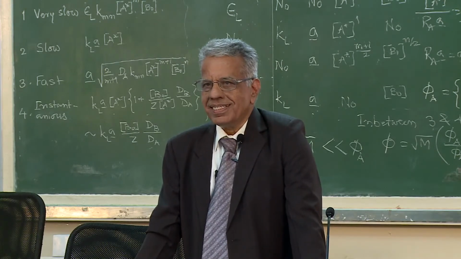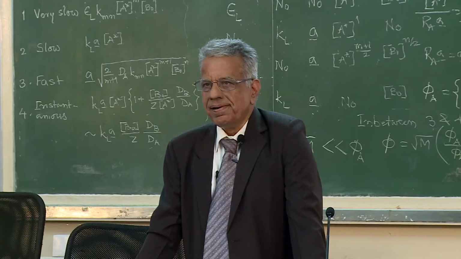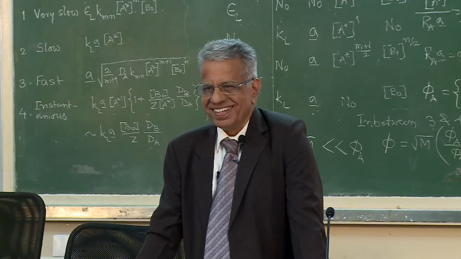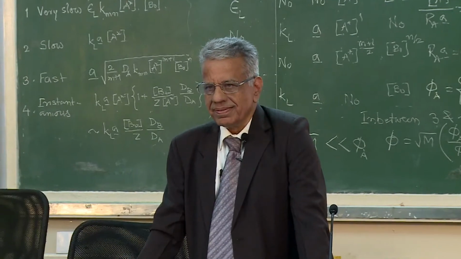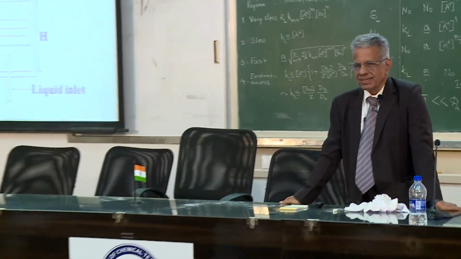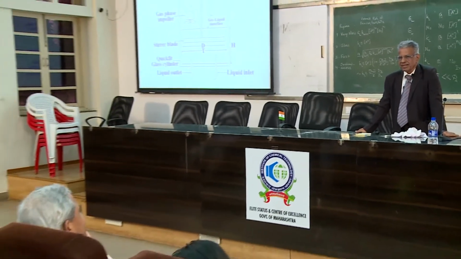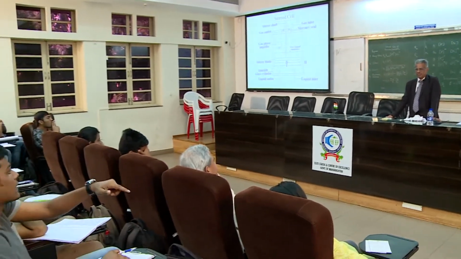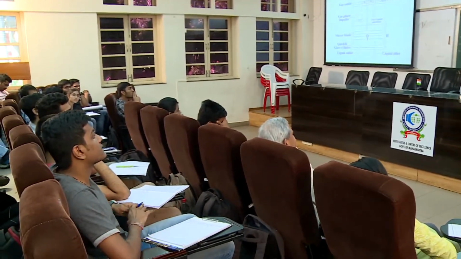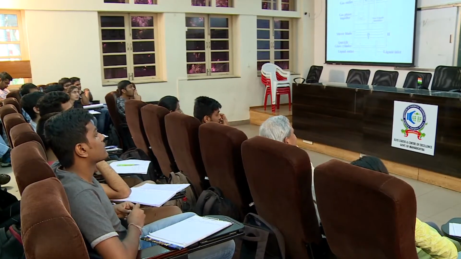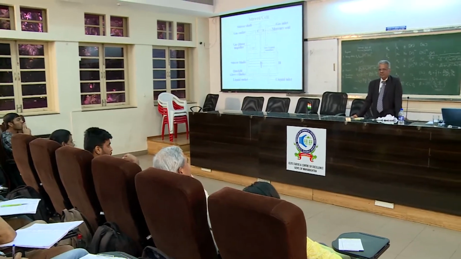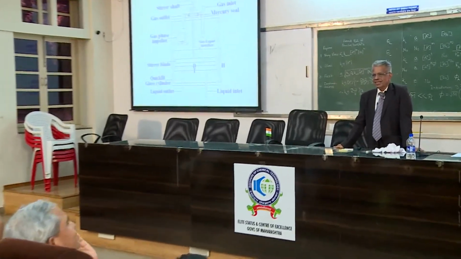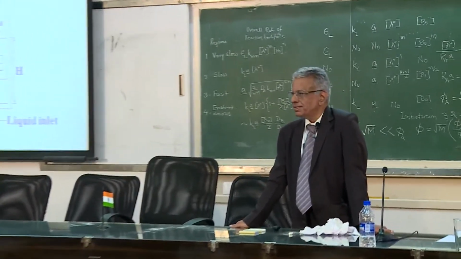So there are 3 answers. Stop the impellers in both the phases, keep it for some time, and then check the concentration of product at each of the phases. The phase where the concentration of the product is low would be the phase where the reaction happens. That's right, so that is one answer. Change the impeller speed individually in different phases. That was the second answer. And the third answer was?